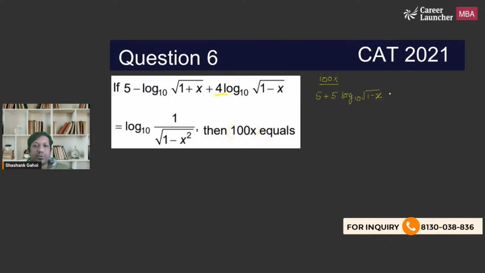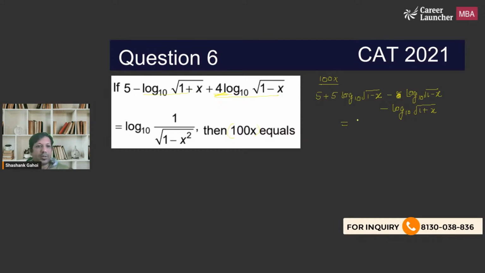So to keep the equation equal, I subtract 1 time log base 10 root 1 minus x. I have added this value once and subtracted it once, so that my equation stays the same. Minus log base 10 root of 1 plus x, this value I am writing as it is,